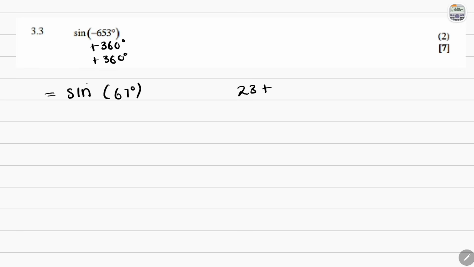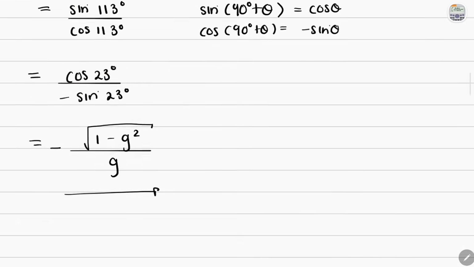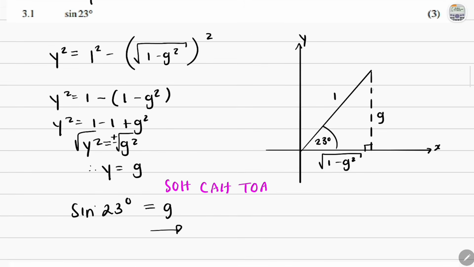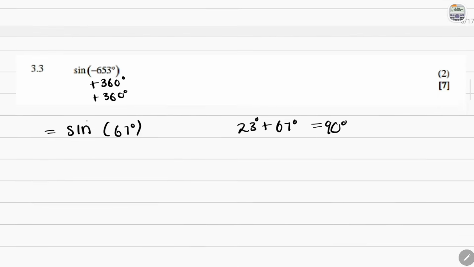Try to add them first, because we're just trying to compare everything to 23 degrees. If you add these, you see that's 80 and 10, so 90 degrees. So these are complementary angles. You can choose to, in your diagram, actually just find this. That will be the 67 degrees. Okay, 180 degrees minus 90 degrees minus 23 degrees would give you the 67 degrees, or we could just straight